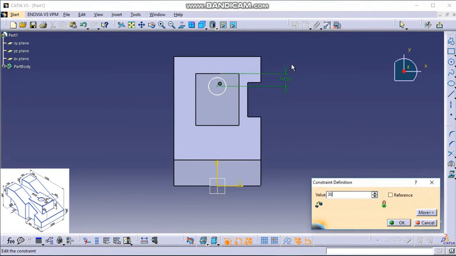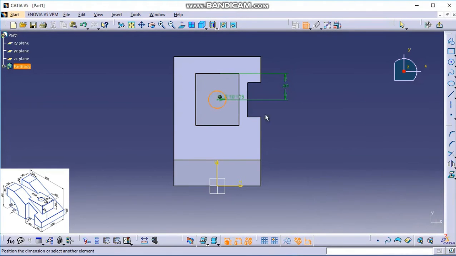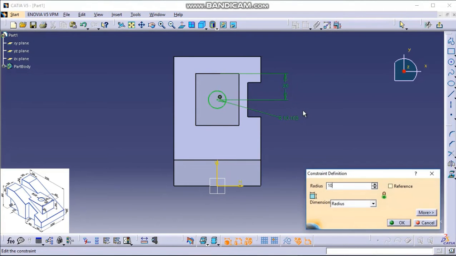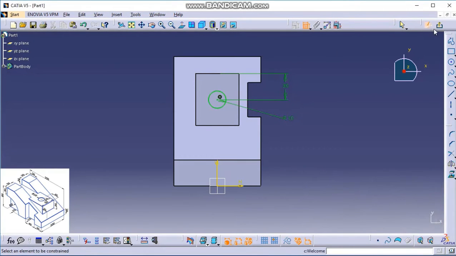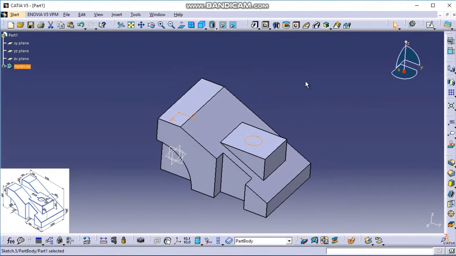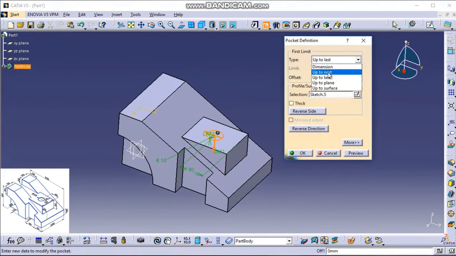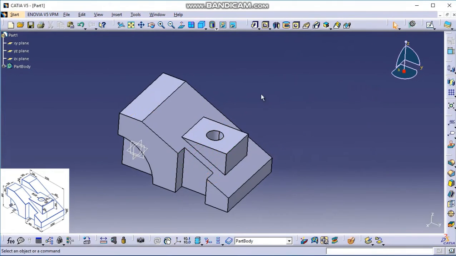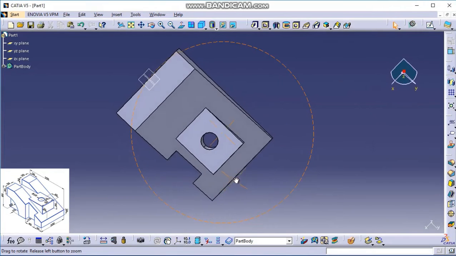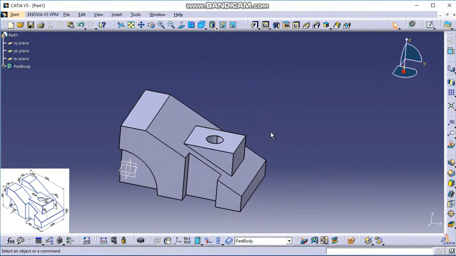This value is 30 and the dimension of this circle is 10 mm radius. Let us exit workbench. Click on pocket up to last. You can select here up to last. Click on OK. You can see we have created a hole.